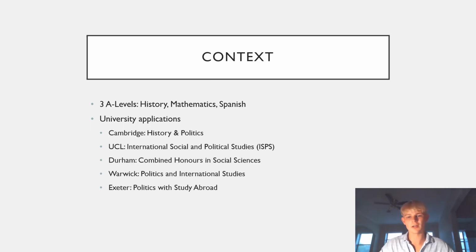So just returning to that context, at the time when I was writing my statement, I was doing 3 A levels, history, maths and Spanish, and obviously a bit of variation. We'll come on to that in a second. And as you'll notice, and perhaps more presciently, across my 5 university applications, there is obviously a lot of variation there as well. Now I don't want all those names to alarm you. It looks a lot more complicated than it is. What I want you to know is essentially I applied for history and politics at Cambridge, and then essentially politics and Spanish elsewhere.